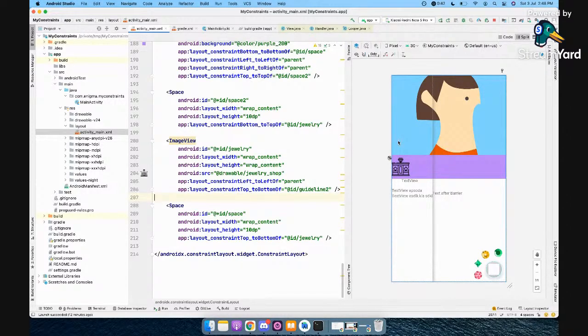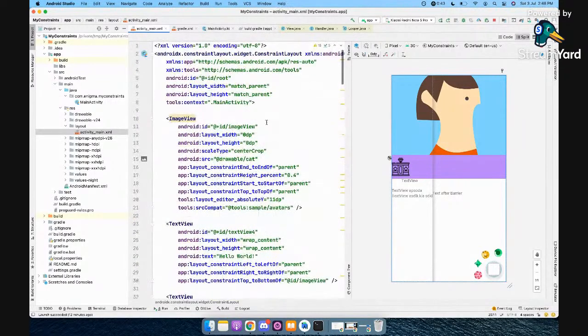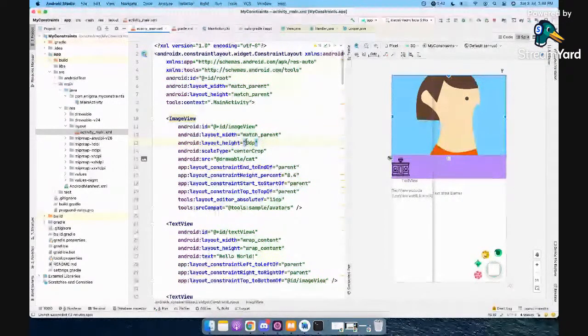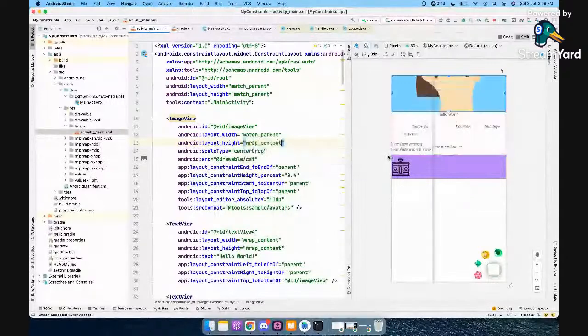So Partha is asking, do we have to use layout width and layout height as 0 dp when using the following attribute, constraint dimension ratio? Yes, absolutely. Either you can fix it, let's say, I am using image view here, but what I want to do is stretch it to parent, right? So I can do match parent also, it will work. Whichever dimension you want to be flexible, you'll set it as 0 dp. I cannot set wrap content now; it will not work.